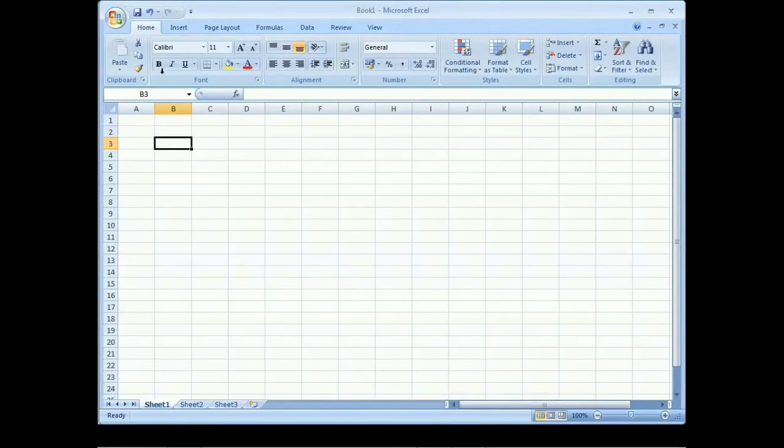So simple. See, this is the ribbon section and below the ribbon section we have this one, the formula bar. And if we type anything in a sheet, this area displays the content. Fine. So this is our formula bar, and if we type anything in a sheet, that content is displayed in the formula bar. And after that, if we want to edit anything, we can edit the content in it.